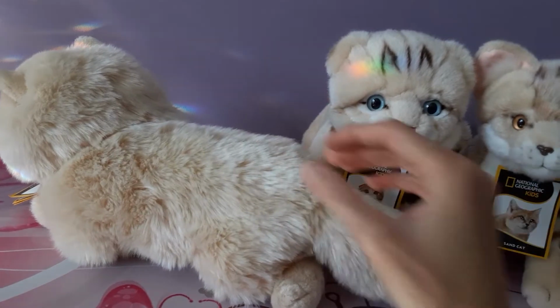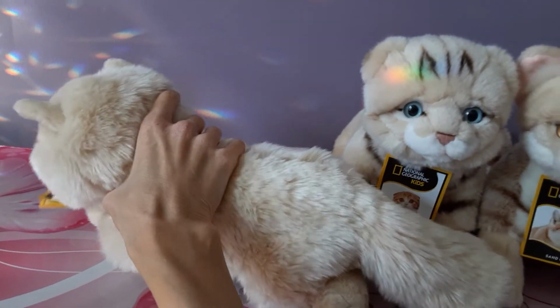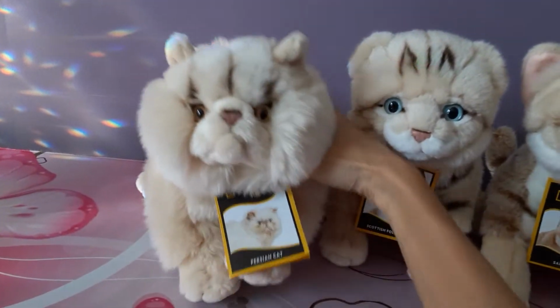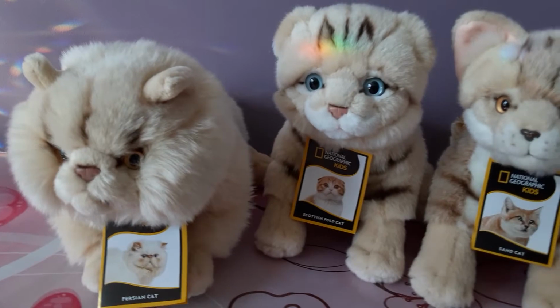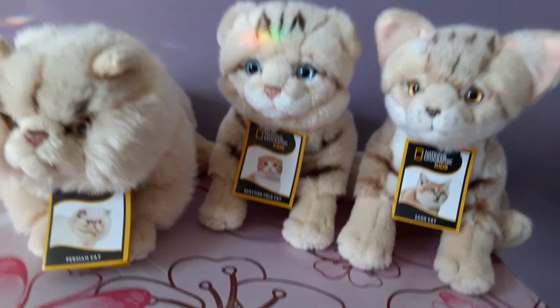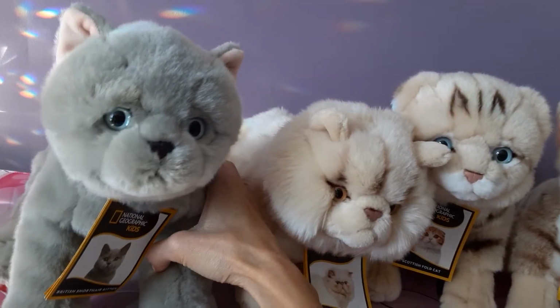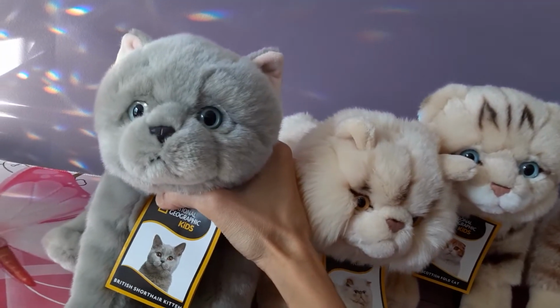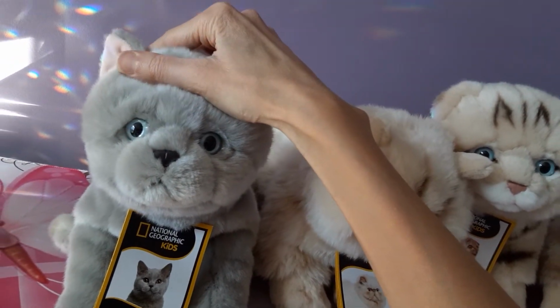And I just love the feel of the fur on this one. Super, super soft. So that's my little Monroe Persian kitty. Next I have the British Shorthair kitten. This beautiful light gray color, sort of like a silver gray, so gorgeous, absolutely adorable little